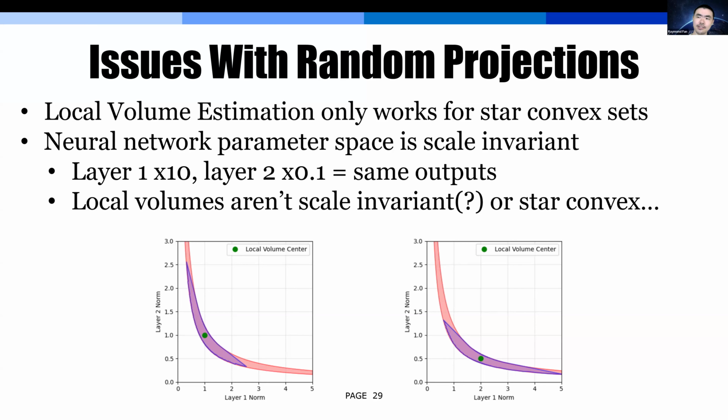And then of course, if you go really far away, then things are not going to be star convex ever. But that doesn't really work for neural networks because of the scale invariance. No matter what, you'll always be able to multiply one layer's weights by 10 times and the other one by the inverse, and you'll still get the same loss. And so in reality, there will never be a star convex set. There'll always be infinite, which is something you can show mathematically.